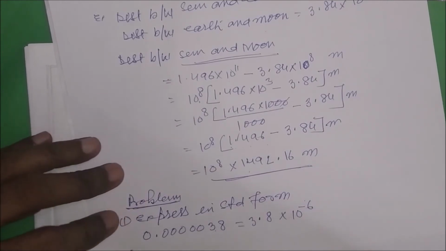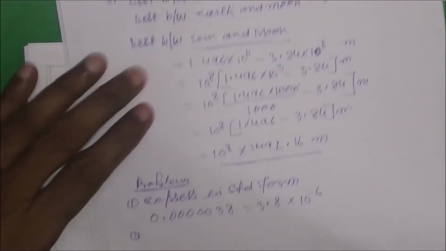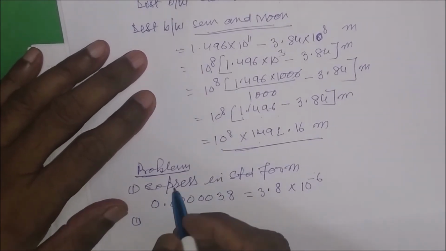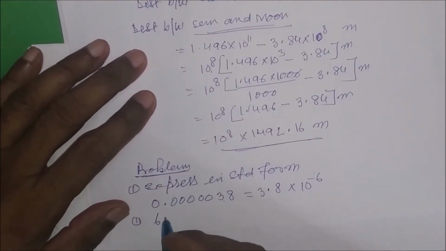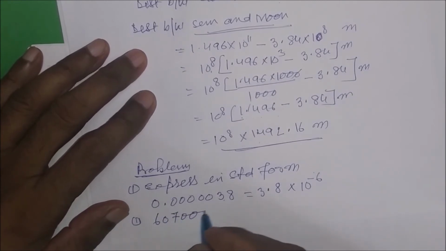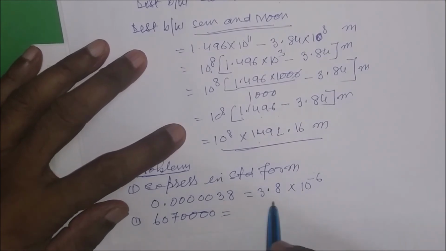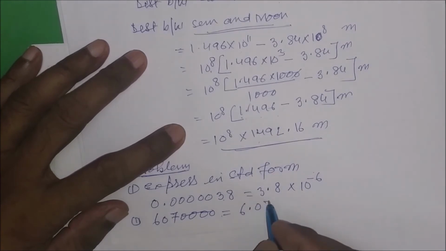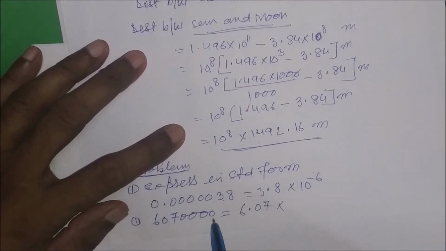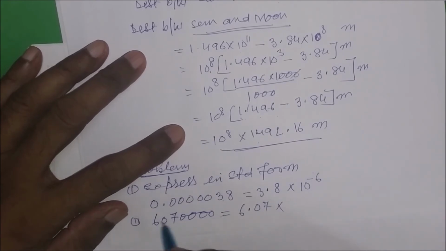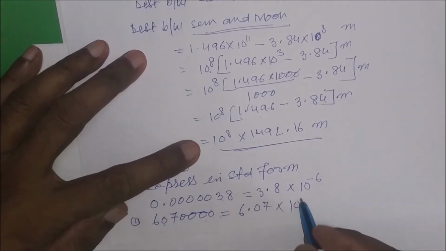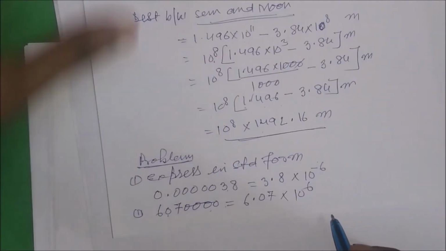Okay? Similar way, the other one I'm giving you, right? Suppose 607 and suppose 4 zeros. 1, 2, 3, 4 zeros. This one, if you want to write in this standard form, what will be there? It will be 6.07 into, now what is there? It has come here. After that, here to 10 to the power, 1, 2, 3, 4, 5, 6, so the power will be 6. Now you have seen what power has come, right?